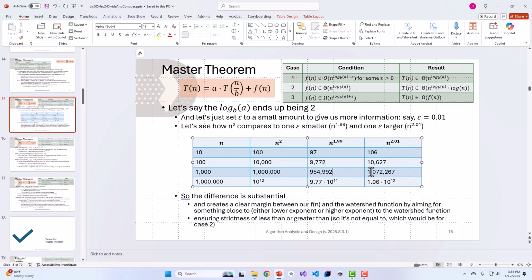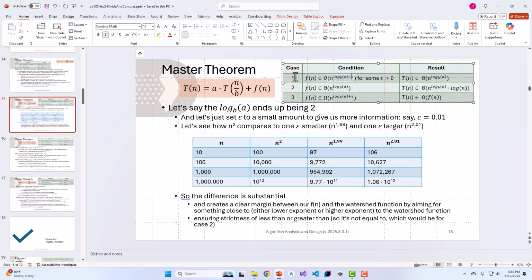You're increasing a gap, providing a gap, so that we know for sure our f of n is less than that thing. Now, by saying it's big O, remember what big O means? Big O means that provides an upper bound. So if our big O provides an upper bound, and I have the watershed minus epsilon, so that would be this column, for example, if we're dealing with 2,